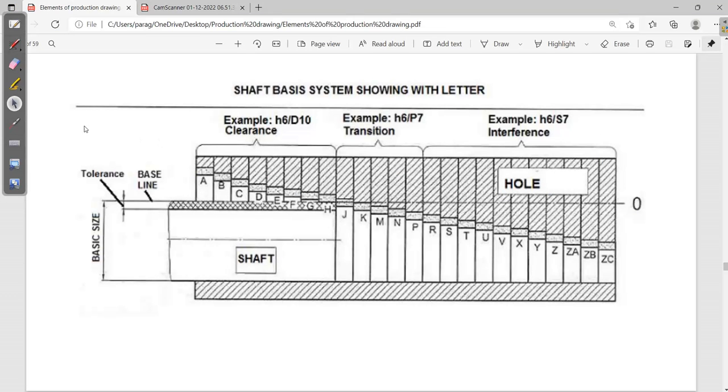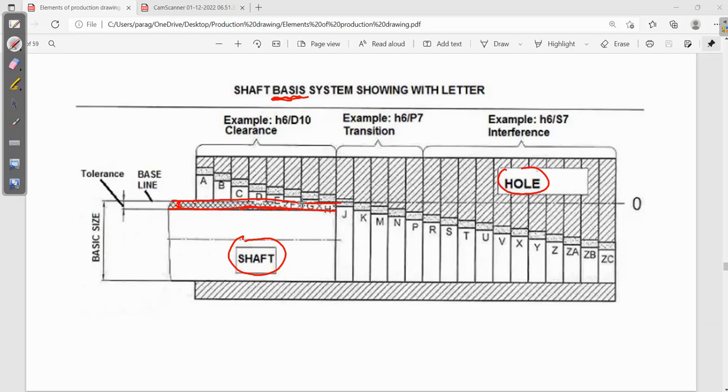So just I will revise again about hole basis system and shaft basis system. Okay, shaft basis. Shaft is basic in this case. Basic size always remains constant. If you see the shaft as well as the hole, both will have tolerance. There will be one lower limit and one upper limit, so within this particular tolerance zone we are manufacturing